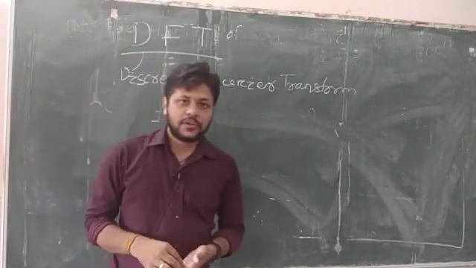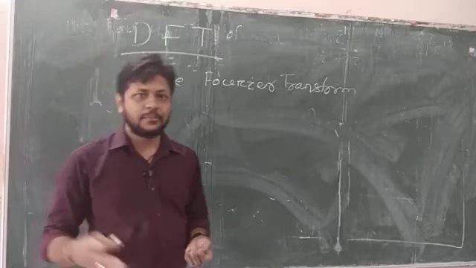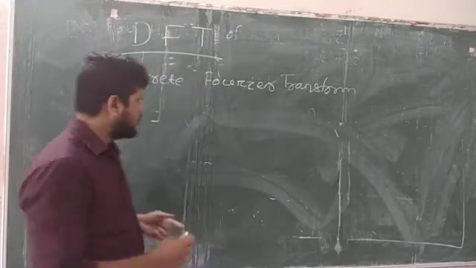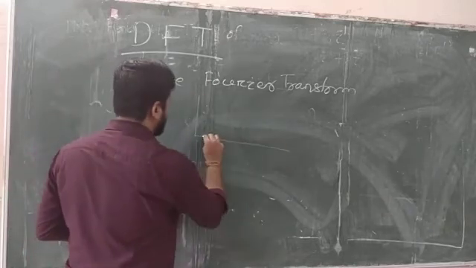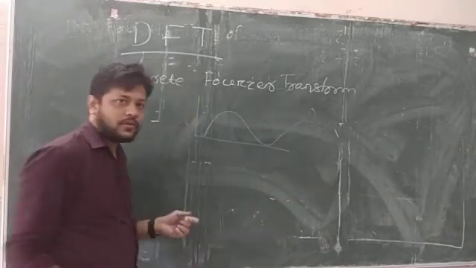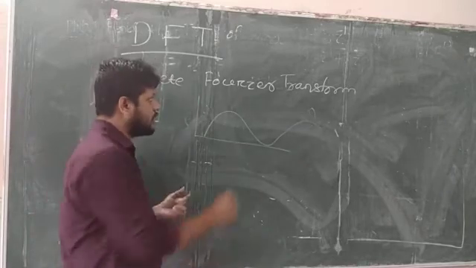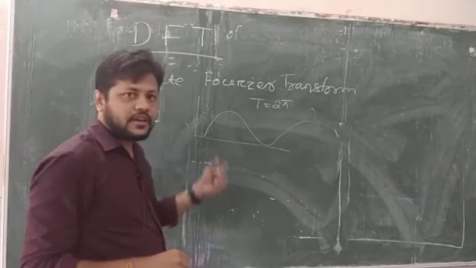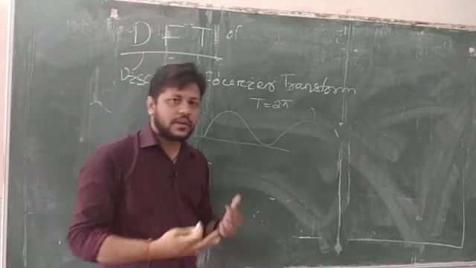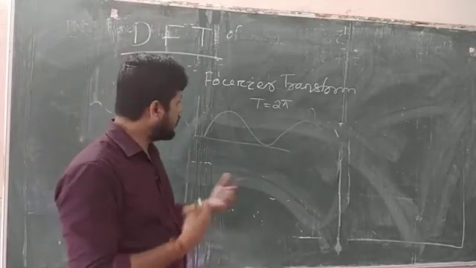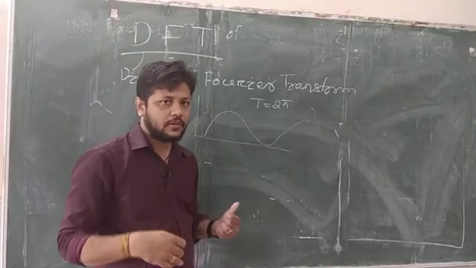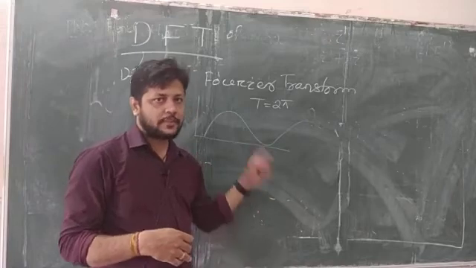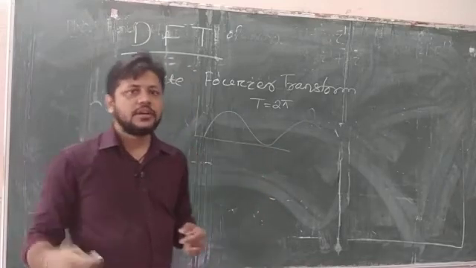The major advantage of the discrete Fourier transform is this. In the discrete time Fourier transform, the spectrum is a continuous periodic signal. In the digital case, we will always find the spectrum is continuous as well as periodic, and the period is always 2 pi. So in the discrete Fourier transform, instead of analyzing the whole spectrum, we only consider one period, and in that period we sample it with N number of samples.